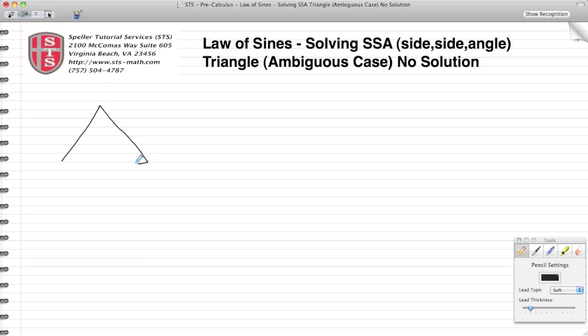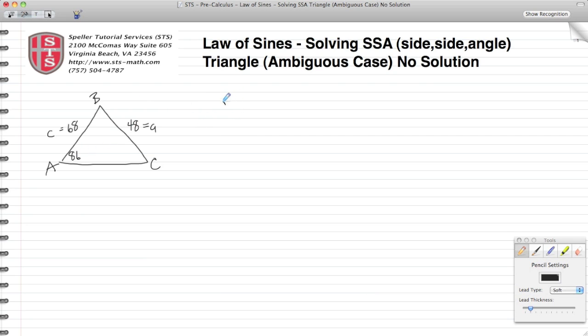We have triangle ABC. In triangle ABC, angle A is 86 degrees, side a is 48 units, and side c is 68 units. And let's go ahead and label those. We do not know what angle B is or angle C, and we do not have the length of side b. But using the law of sines, I have an angle and its opposite side, so I can put that into a ratio.